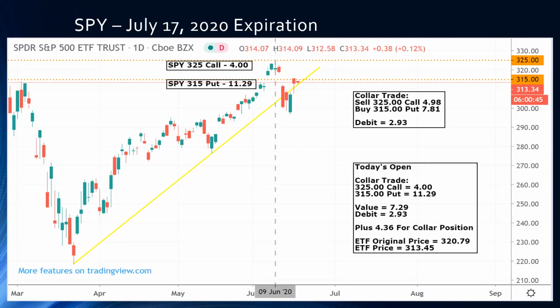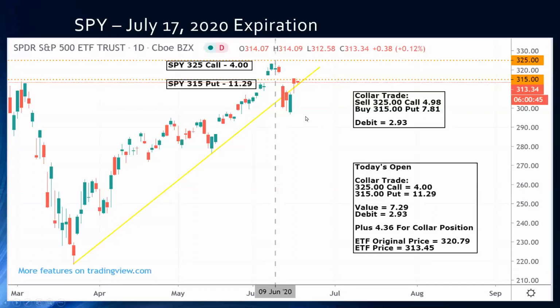Instead of trying to time the market, you know how a lot of people you hear on the major news financial shows say the average person should not try to time the market. It's going to burn you every time. Well, this is a way of not timing the market by staying long the stock market, but then capitalizing off of short-term corrections. In this case, you would be making 400 over the course of the past week by holding the ETF and having put on this position, which would have cost you under $300. You would now be up over $400 on this hedge.